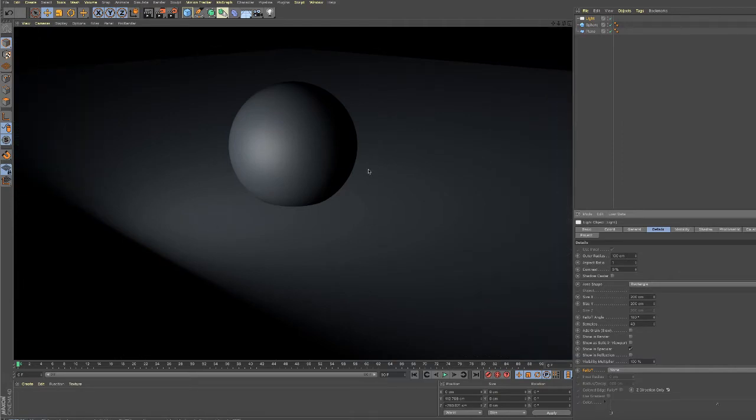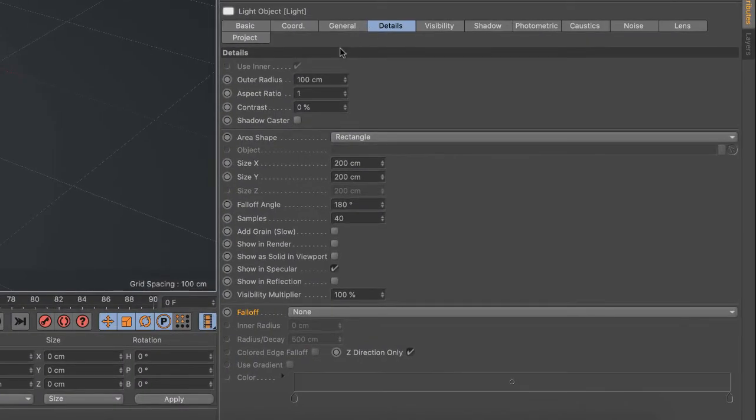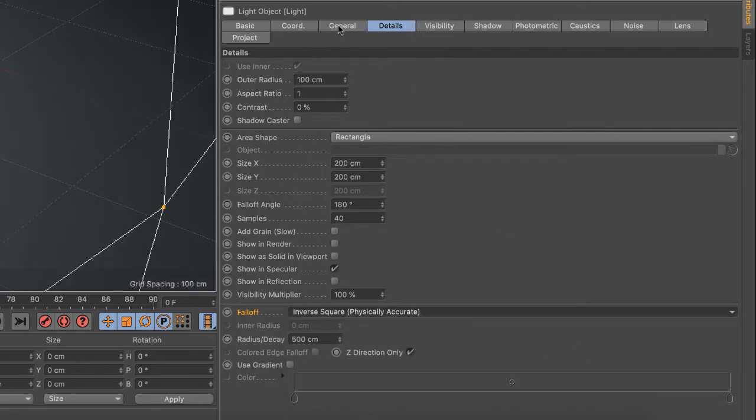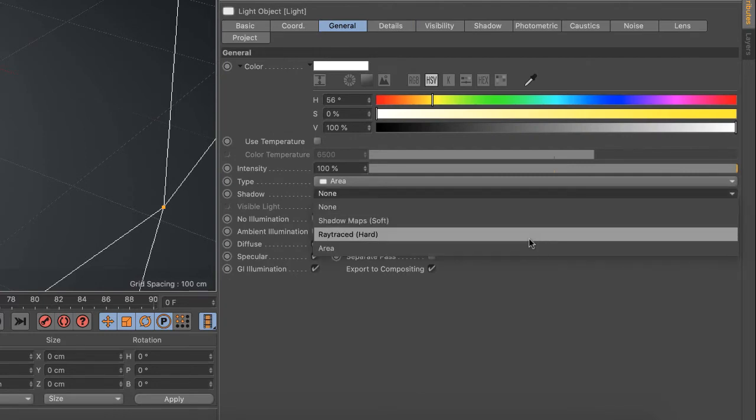As far as the other parameters I talked about with the spotlight, with falloff and shadow, it's the same, but the look of it is a little bit different. The area light has a softer feel to it and a more natural feel to it. So for a very, very quick demo, let me choose the light, and in the Details tab, I'm going to choose falloff, inverse square, and then clicking the General tab, for the shadow, I'm going to choose area shadow,